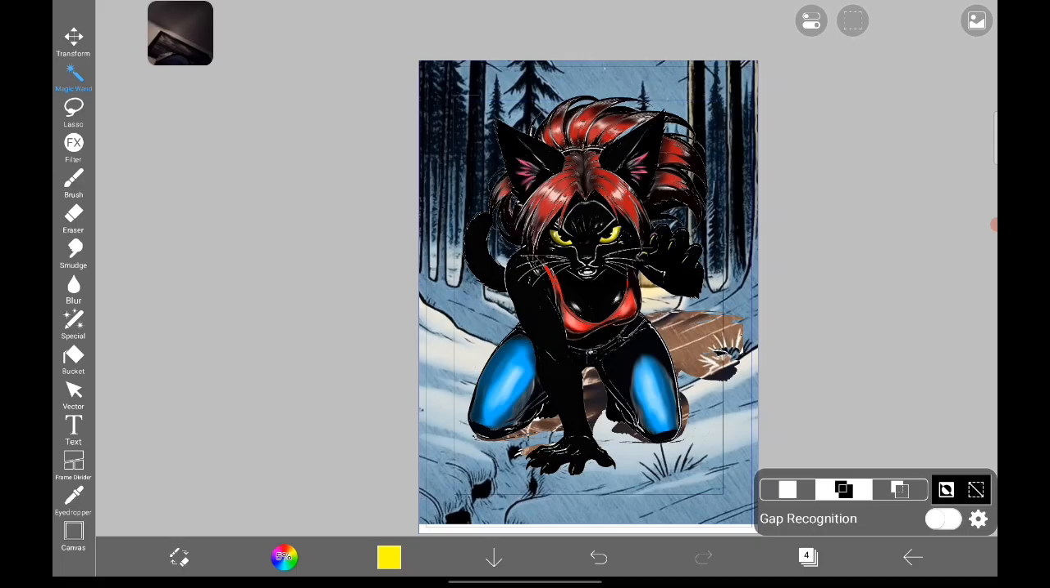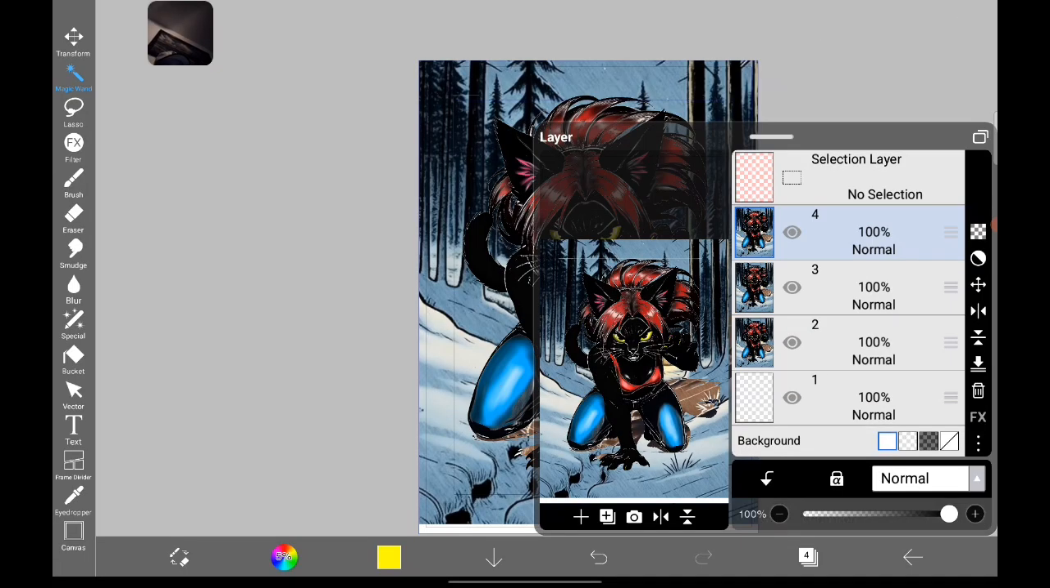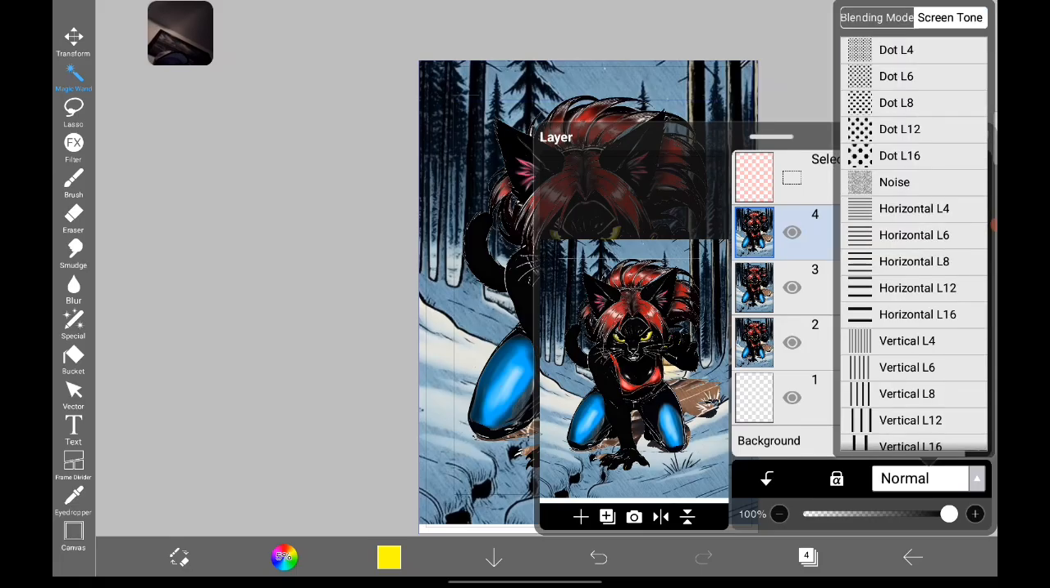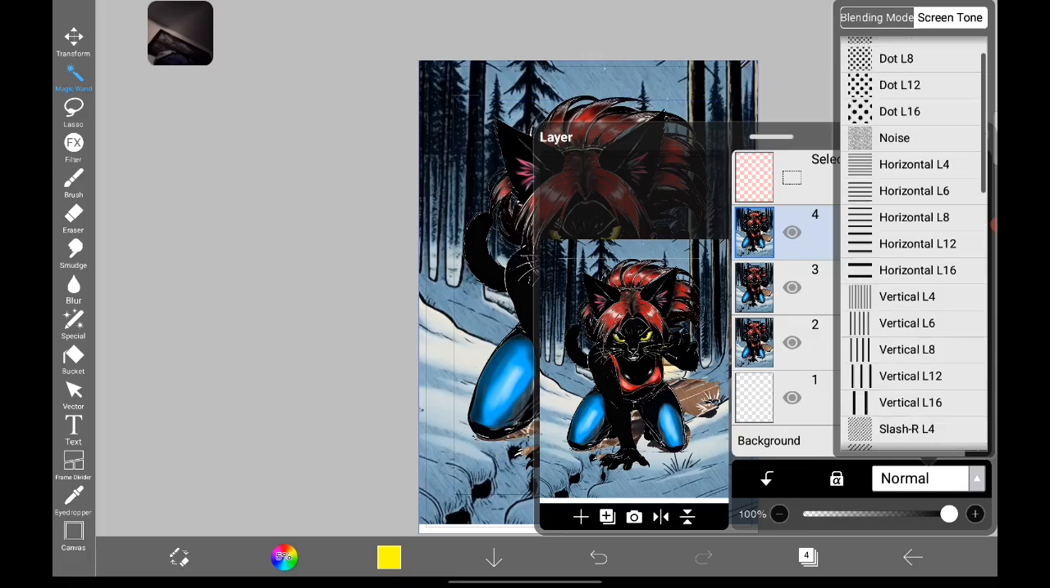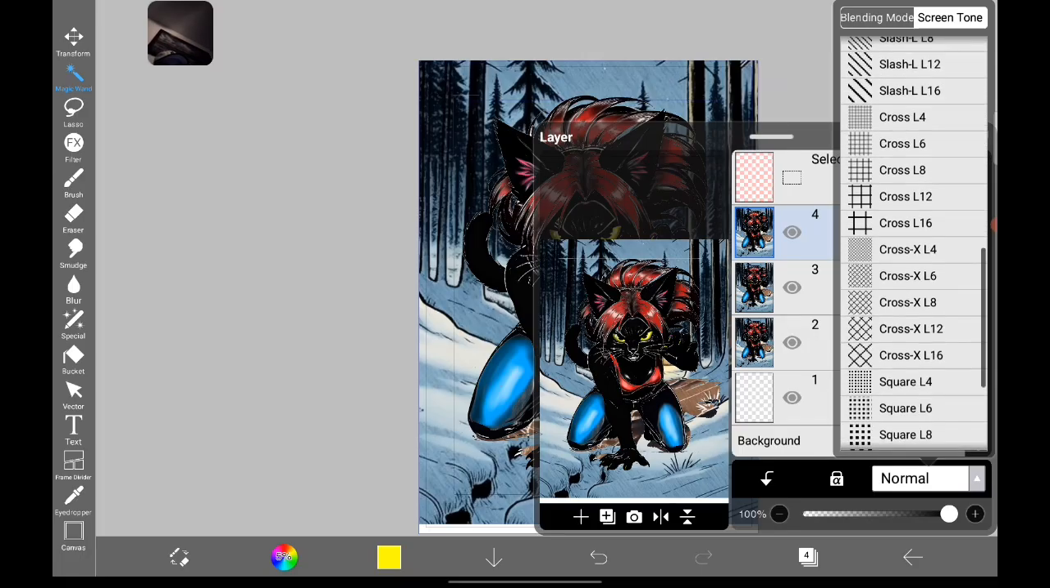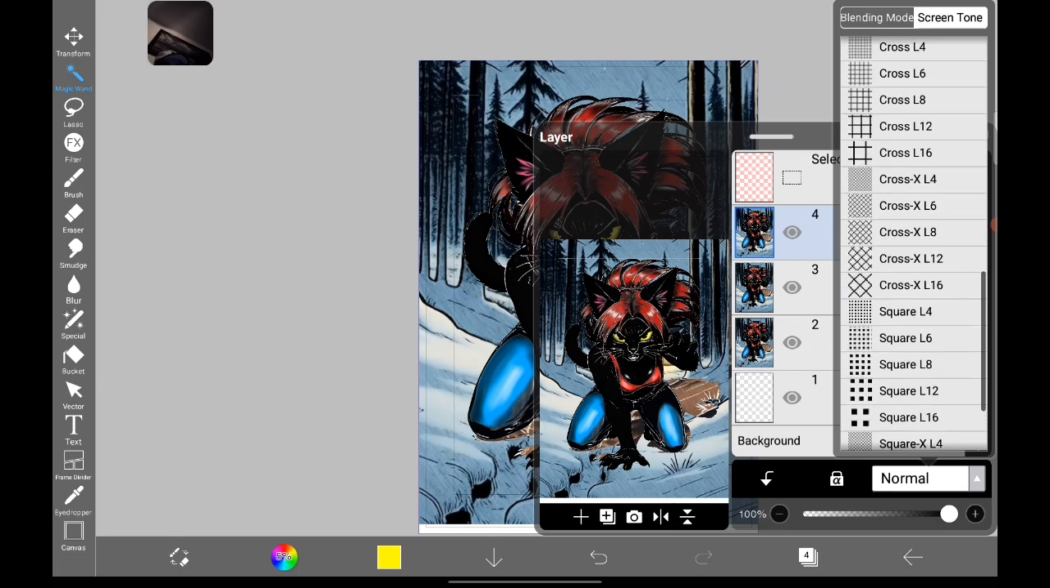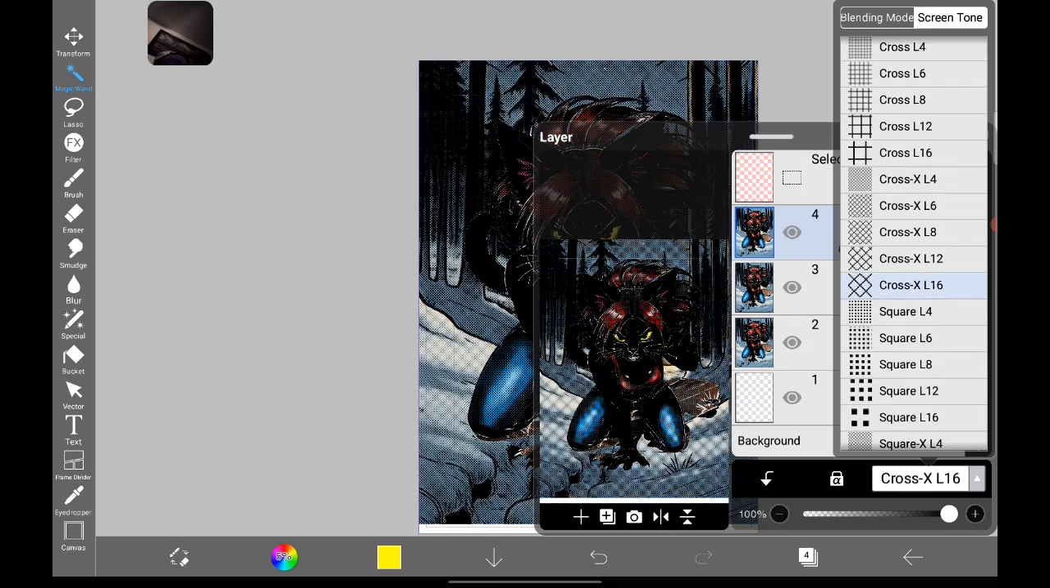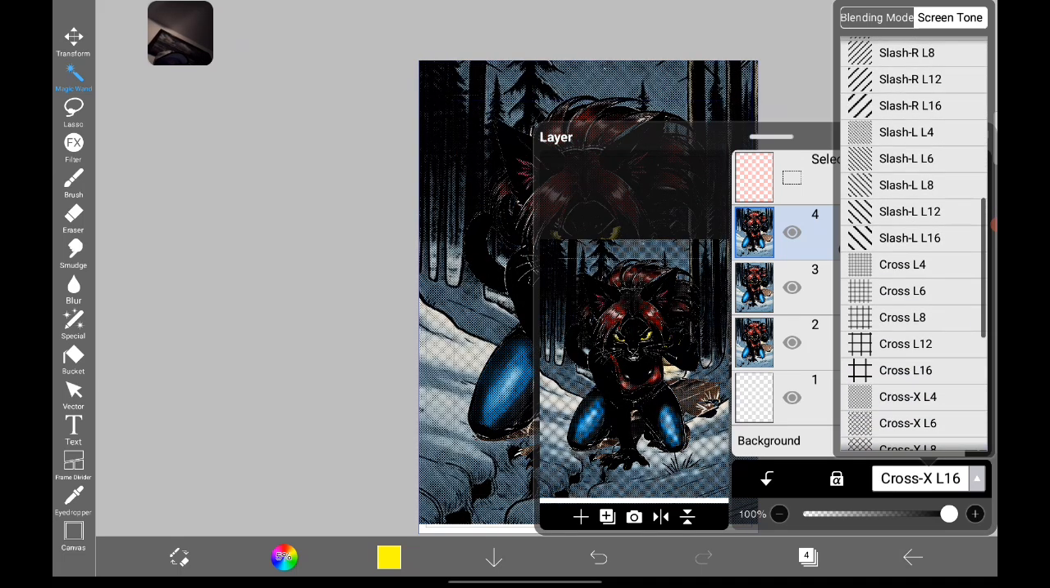And now the first effect I'm going to do is a screen print effect, which is going to darken the image a lot. So we're going to go to here, we're going to go to screen tone, and we're going to do cross L4 now. Let's do cross hash. Yeah, that one's the one I like. Okay. So we got that one done,